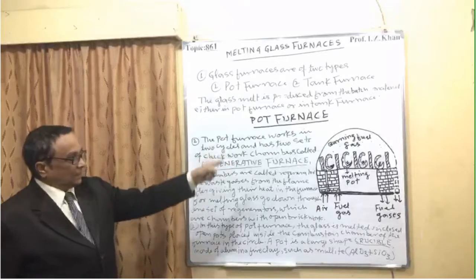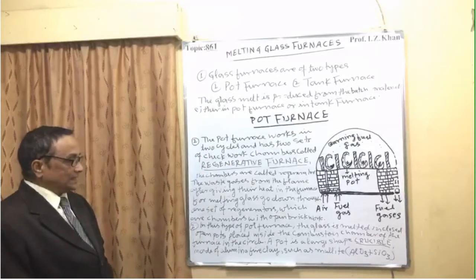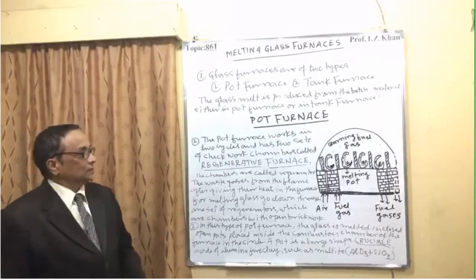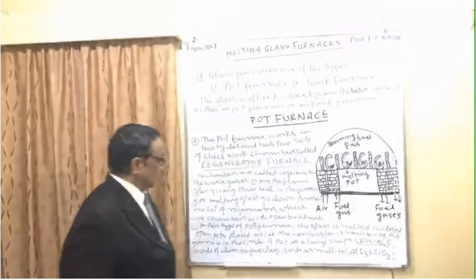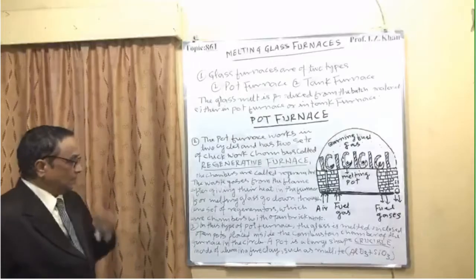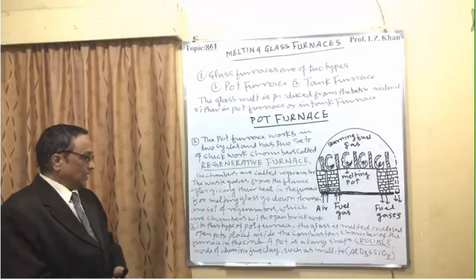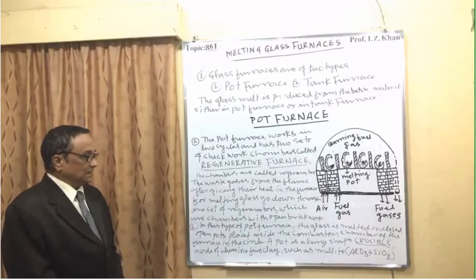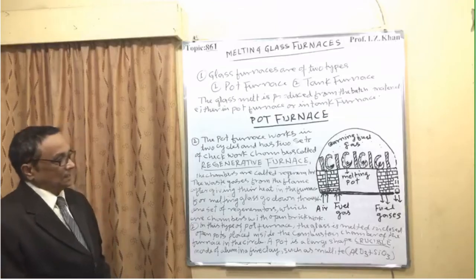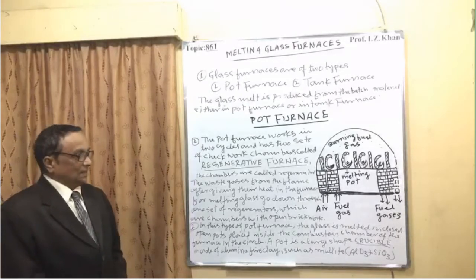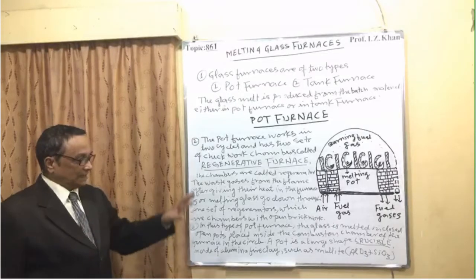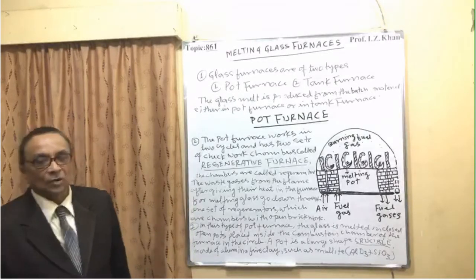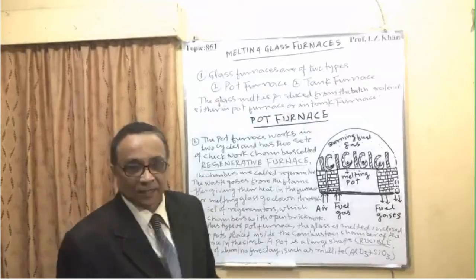That is in the circle, the furnace. A pot is a large shaped crucible. So these are large shaped crucibles which are put here, and they are made up of aluminium fire clay, such as mullite. This aluminium clay formula is Al2O3 and SiO2. It can sustain more than 1000 degrees centigrade temperature.